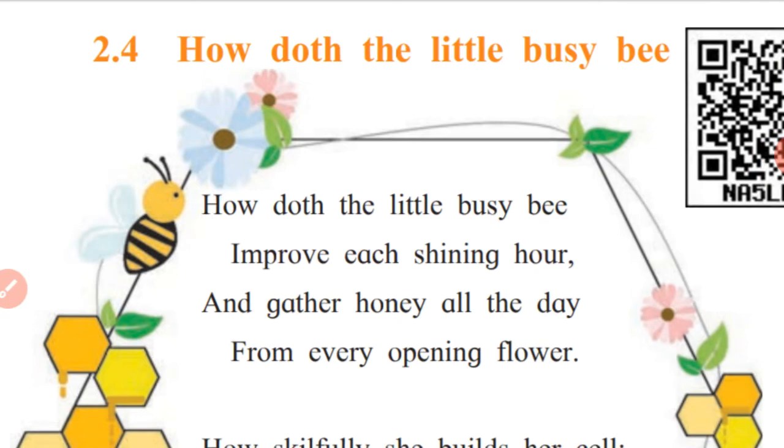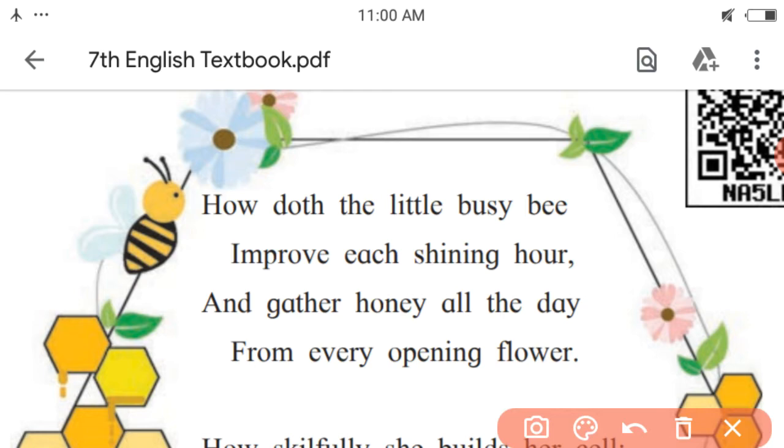How doth the little busy bee improve each shining hour and gather honey all the day from every opening flower. The poet is wondered about the work of the little busy bee. She spends to improve each shining hour. That is what? Every hour the honeybee is busy in improving her honeycomb and her work only, and gathers honey all the day from